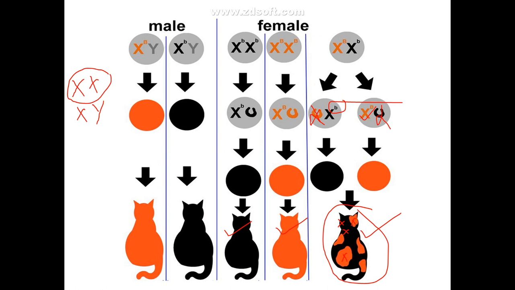dosage composition, not gene composition; it is called dosage composition. We will see how, when there are two X in female and one X with Y in male, nature has seen to it that both male and female are balanced. For example, we took the example of the calico cat.